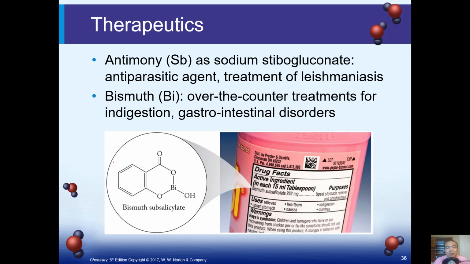For example, what are the essential elements? What are the non-essential elements? What are the trace elements? What are the ultratrace elements? So know some of the definitions, and that will be good enough